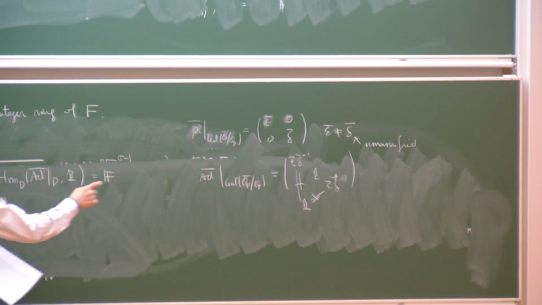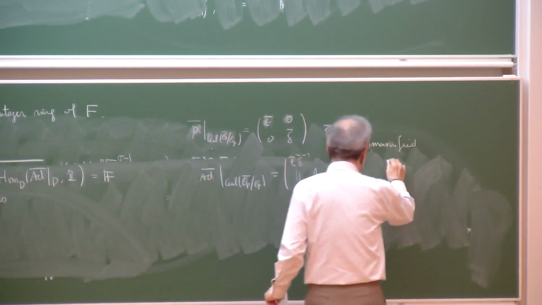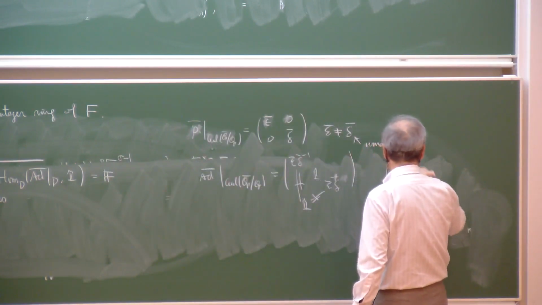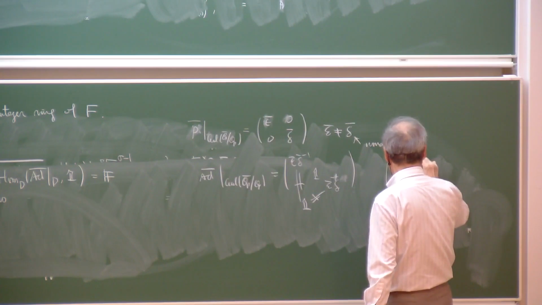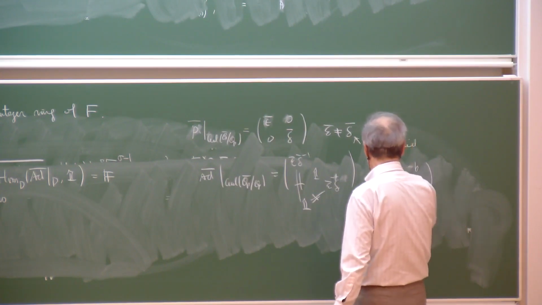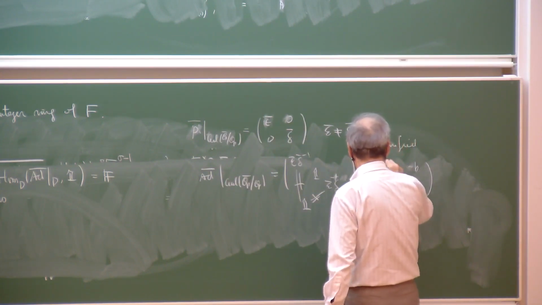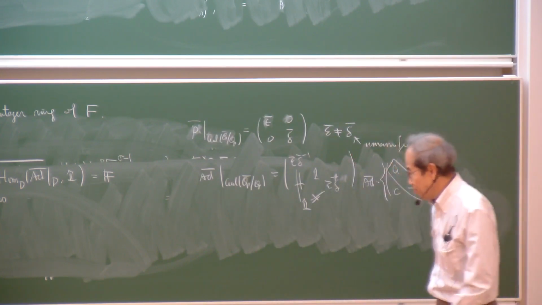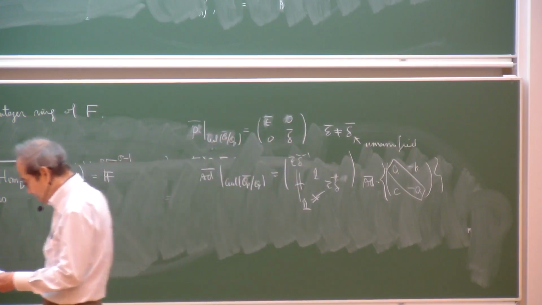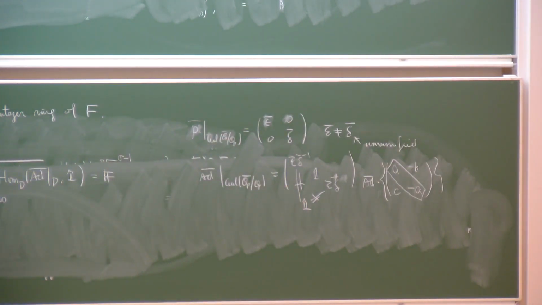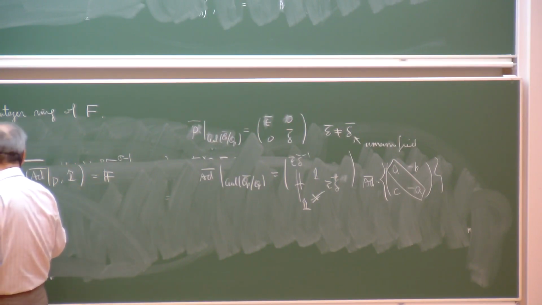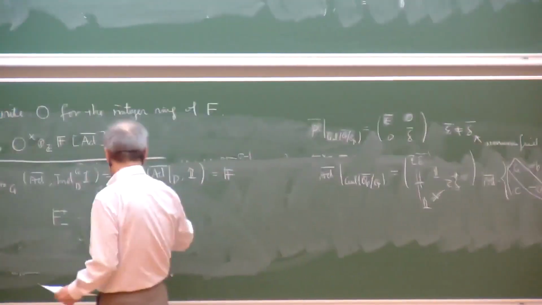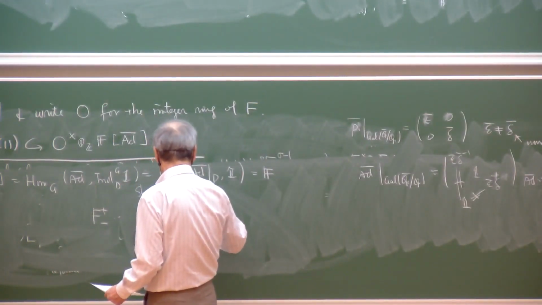So the middle guy, or if you write A minus A, B, C, the adjoint module, this central guy I'm looking at. And then it is just, as I said, F plus minus and so on is just an orthogonal complement